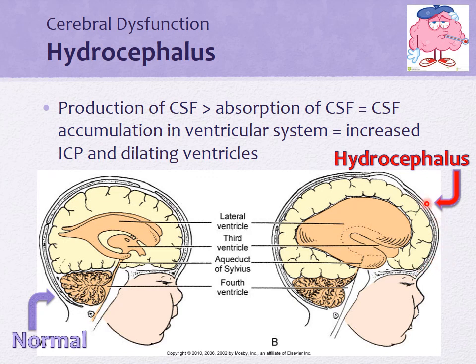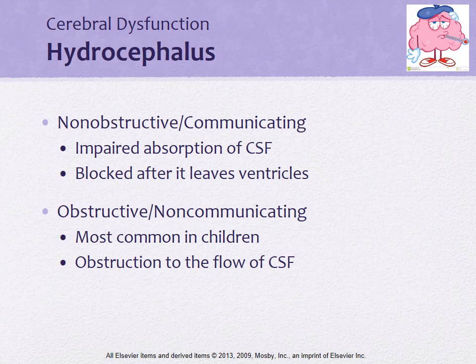And a lot of times too, their skull may protrude out as well, depending on how long they've had it going on, or they have a very large head because everything's expanded. So just know the difference between a normal brain and one with hydrocephalus. You can see again, it's too much CSF being made and the body is not able to absorb it in time. That can last for a while until the body just can't handle it anymore. The CSF is accumulating in the ventricles, and then you're going to start having that increased intracranial pressure and the dilated, larger ventricles.